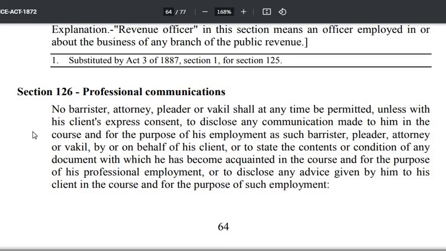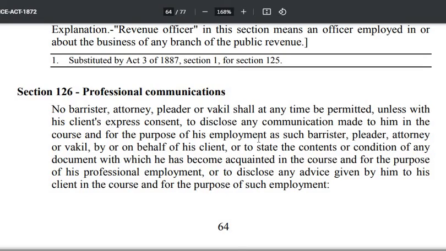So lawyer cannot, his staff cannot, junior lawyers, clerk, peon, they cannot. But the third person, when he comes to know about it, the privileged communication does not apply upon him. So read it. No barrister, attorney, pleader or vakil shall at any time be permitted unless with his client's express consent. अब client express consent दे देता हो तो ठीक है, unless with his client's express consent to disclose any communication made to him in the course and for the purpose of his employment as such barrister, pleader, attorney और वकील etc. मतलब जब आपने उसको एम्प्लॉय करने के लिए या एम्प्लॉय करने के बाद उस एम्प्लॉयमेंट के